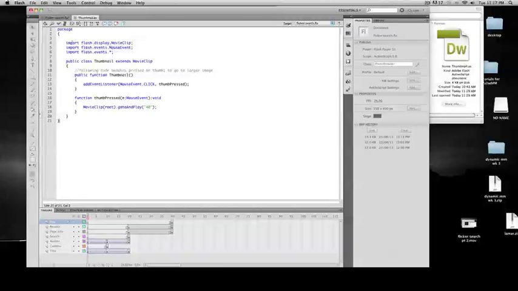So we're going to import flash.display.MovieClip, flash.events.MouseEvent, and flash.events.asterisk. This asterisk will import everything inside the events package for us, the events API. Don't worry if you don't get all this code straight away, it will be in the description of the video